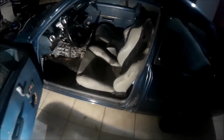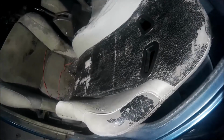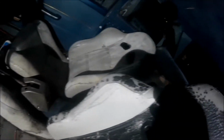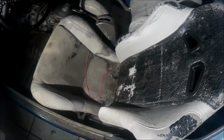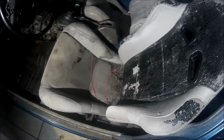So these are the seats, just blocked by me so they can't get any light. There's the seats that are on the Corolla right now, as you can see. They're pretty beat up and kind of ugly, like the other one. So we got some new cheap seats because we don't got any money for Recaro or Corbeau or whatever they're called. But just a little